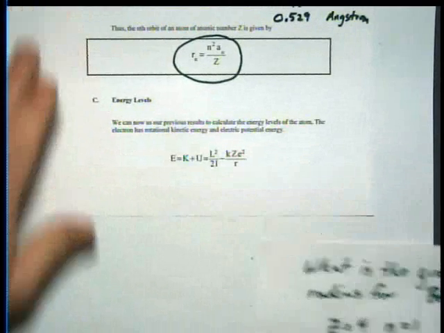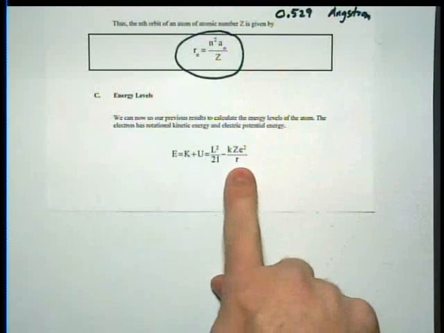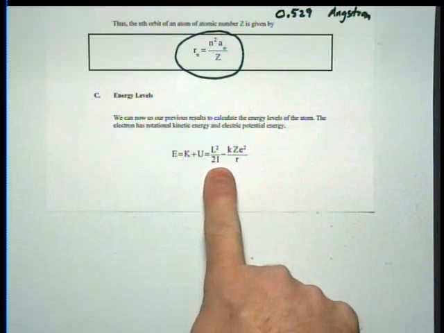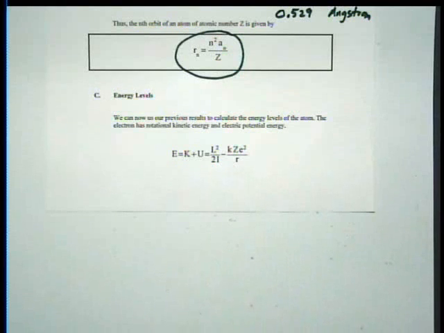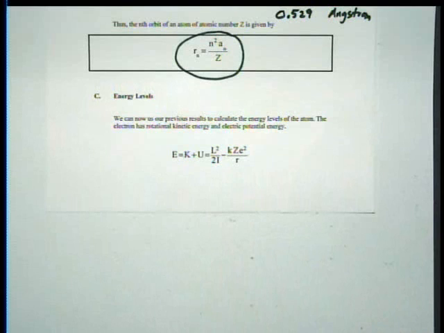Next thing that you can be asked, energy levels. Now you have this for r. You can actually, if you want, go back and put it into there. You also can replace the moment of inertia. Now here's kind of a tricky thing. If we assume that the proton in the hydrogen atom is so much more massive than the electron, which it is, we can ignore the fact that as the electron goes around the proton, it's pulling on it just as much as the proton is pulling on the electron, the third law.